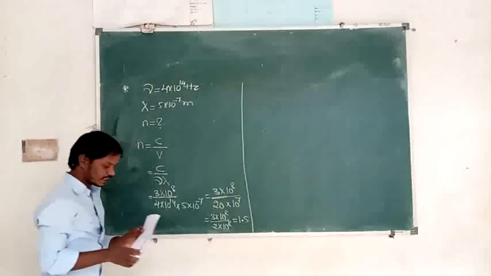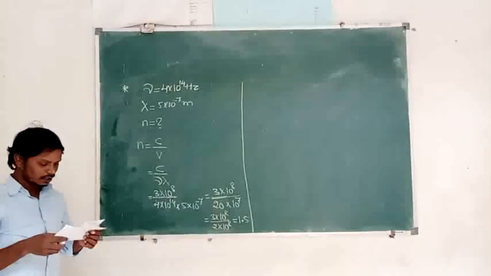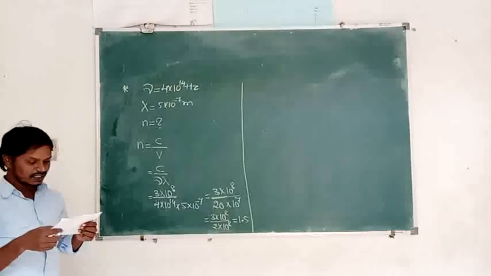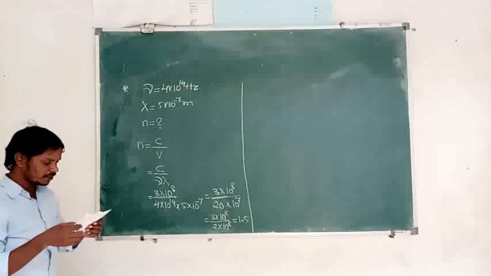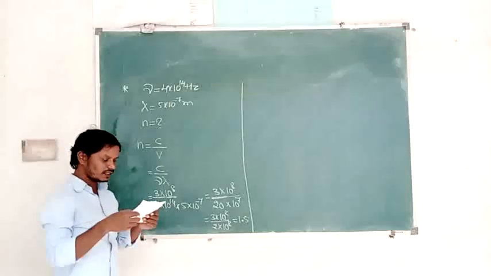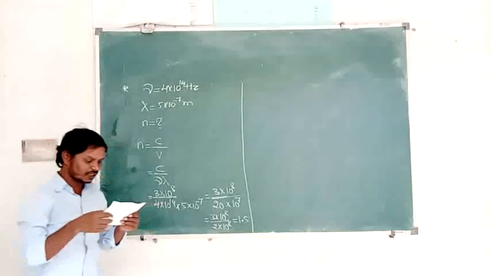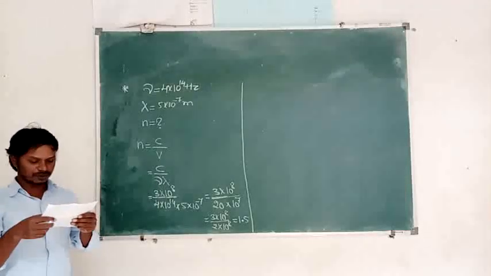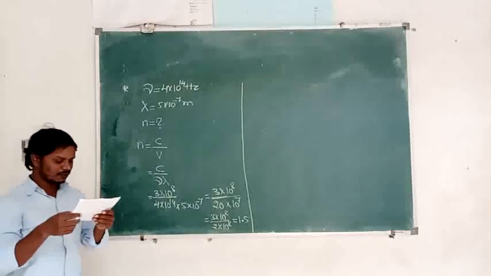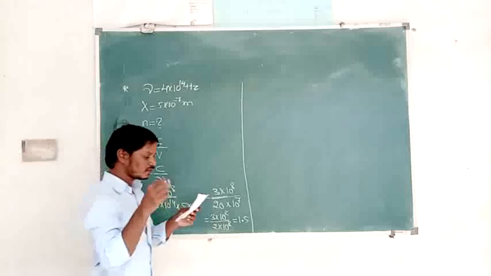Then the next one, the second question. A vessel of depth 2d cm is filled with a liquid of refractive index mu1 in the lower half and the upper half with a liquid of refractive index mu2. So what is the apparent depth of the vessel seen perpendicular from above?